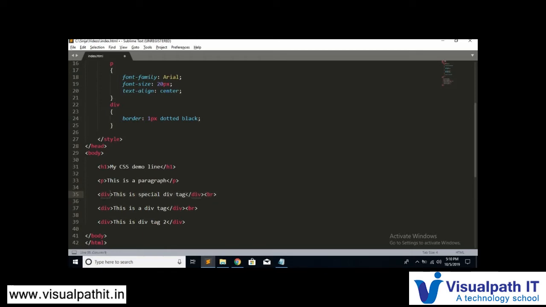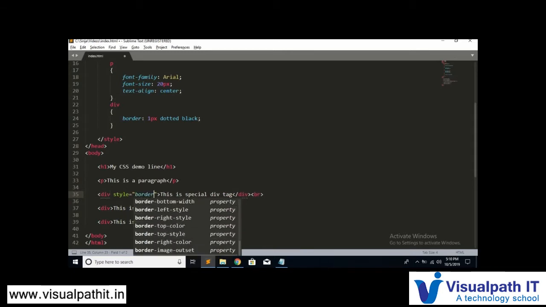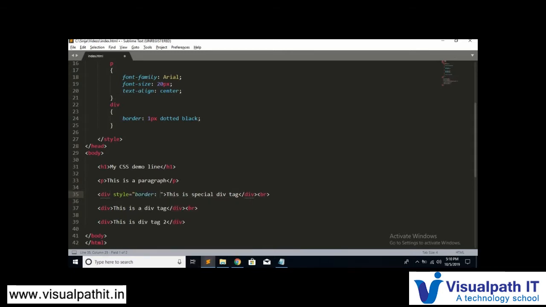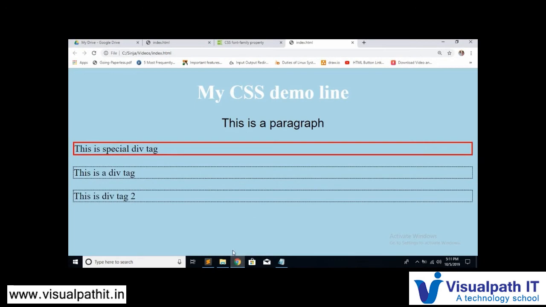So inside this I will write style equals to, let me write it as border of 2 pixel, and already we have given it as dotted, right? So let me give it as solid, and now let's give the color as red. So now in the output, only this div tag will be of 2 pixel border of solid format and of red color. Let's save this and run this. So you may ask, is it getting overlapped or something?